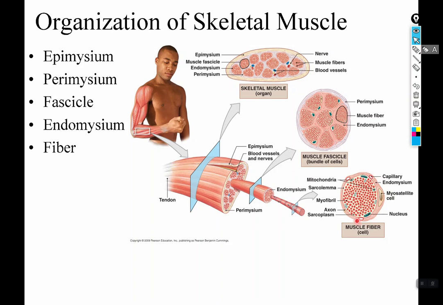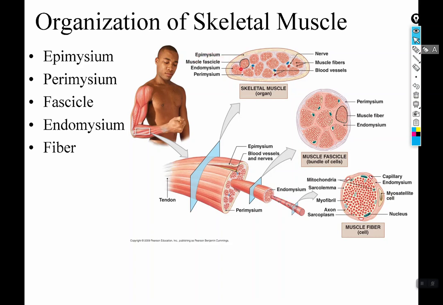One level up, a bundle of cells. So we have multiple muscle cells packaged together. They're each going to have their own endomysium, but all of them are going to be surrounded in a packet by perimysium, peri meaning around. So this is going to surround multiple bundled up skeletal muscle cells. And then finally, the entire muscle organ, consisting of multiple fascicles, the fascicle is the name for the bundle of muscle cells surrounded by perimysium, multiple fascicles are surrounded themselves by epimysium, which is again connective tissue